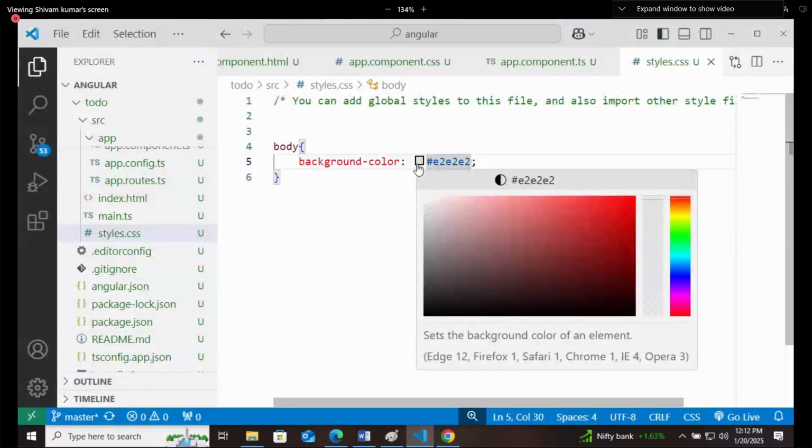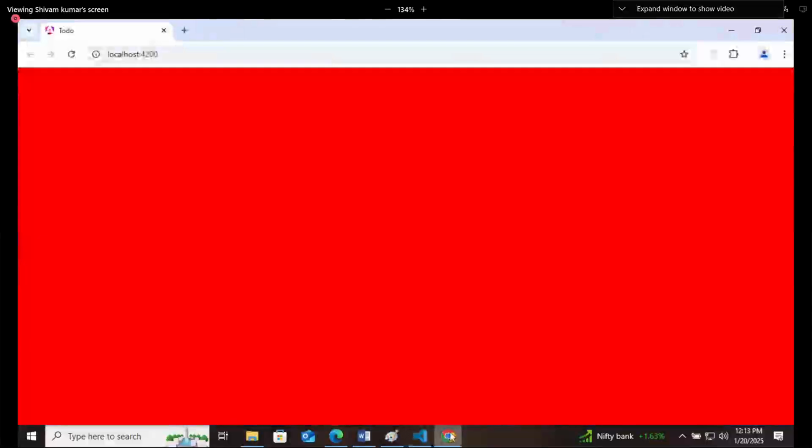If you want some dark colors, I don't like dark colors. That's why I never use these kind of colors. They are very bad. Means for me, they are bad. If you want, you can use.